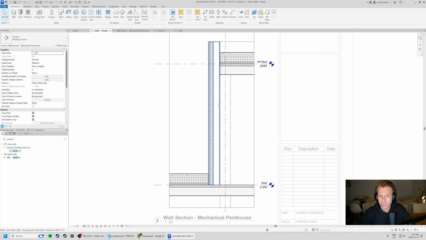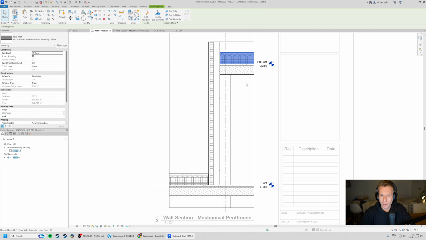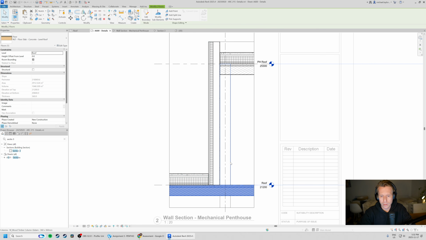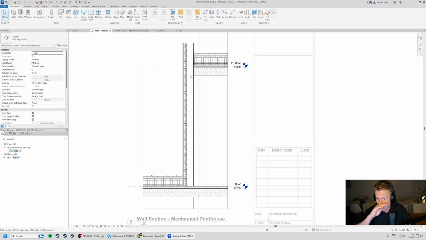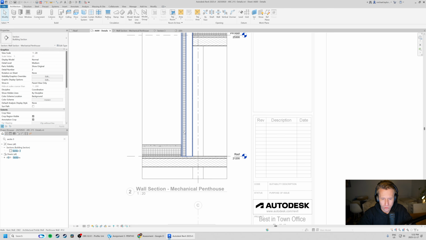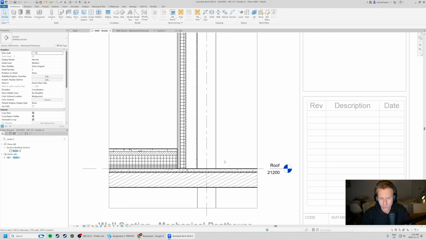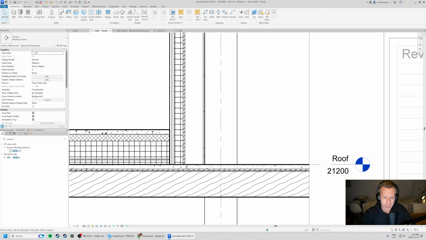So back to the argument of if you can draw it in AutoCAD, you can draw it in Revit. We've done a lot of background work to make these systems talk to one another. We've got our wall assembly, our roof assembly, our structural assembly, and a column in here, all of these things talking to one another. And now I'd like to step into the next phase. So the first thing we might want to do is start to imagine